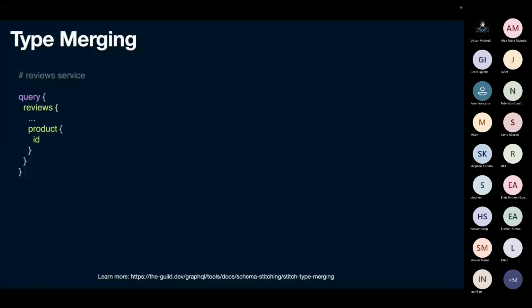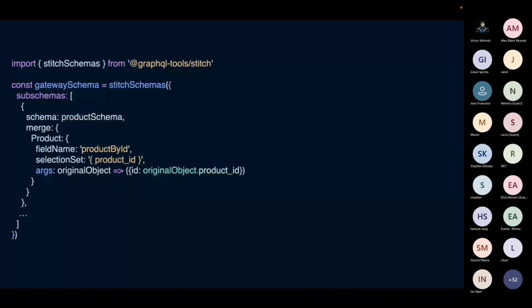and then you'll be able to make queries like this on the gateway. One thing to note about this is that it has a performance issue, what's typically known as an n+1 problem. If you make nested queries, the nested entities will be resolved one by one. So let's say you're asking for 10 reviews, and each review has a product you're requesting inside it. You'll face some performance issues because this will be resolved one by one.